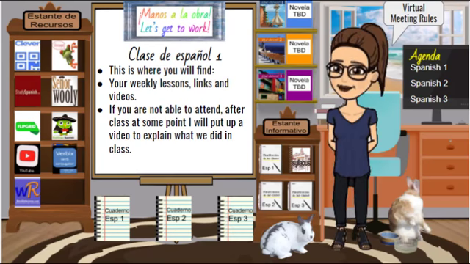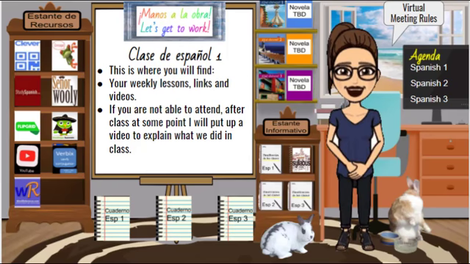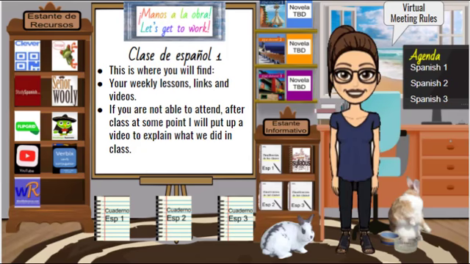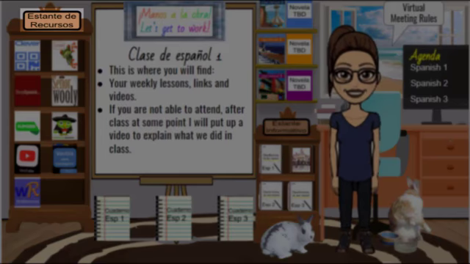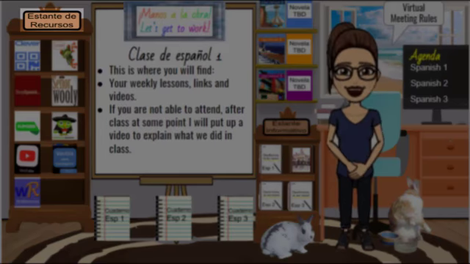I wanted to take a moment to walk you through my virtual classroom so that you will be able to best use this and understand it with your child. On the left side, I have a bookcase. It is labeled Estante de Recursos, and that is for you to see the different resources that are available to